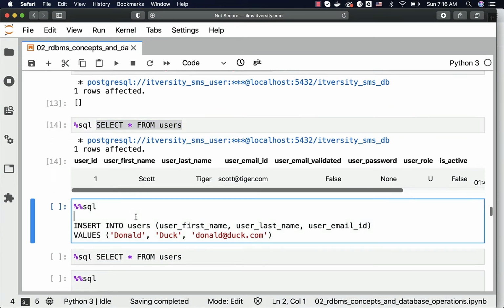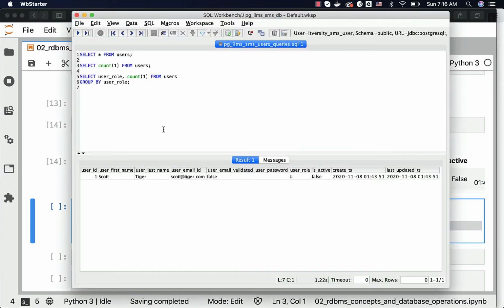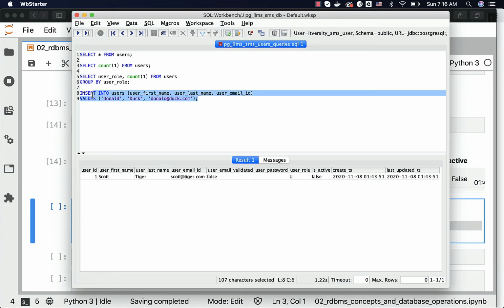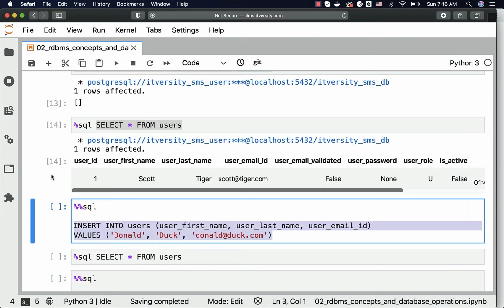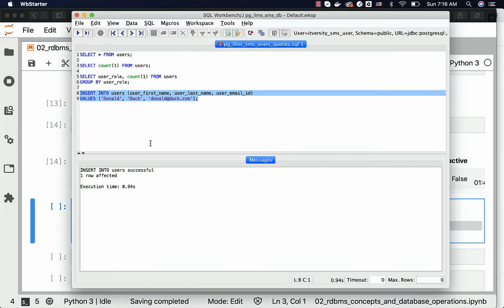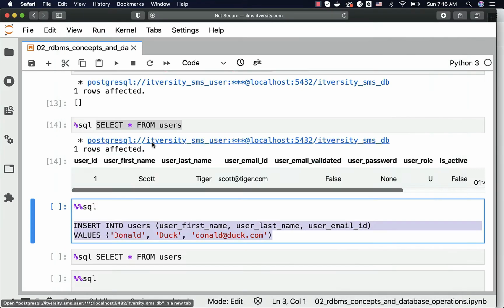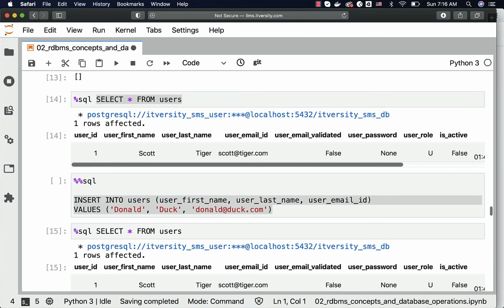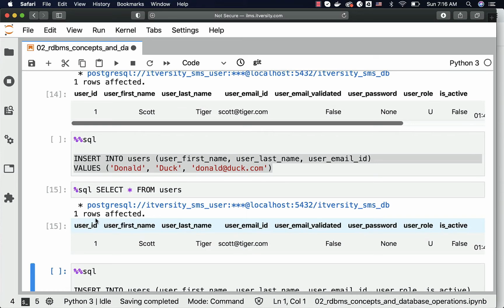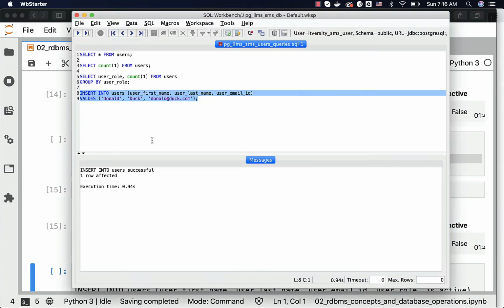Now you can insert one more record here. If you want to insert using SQL Workbench, you can copy this, paste it here, and then you can actually select this one and run this. It will take care of inserting one record. Based upon whether we have configured commit to be default while creating this profile, it will either commit the data or it might not commit. We can validate by running this query here. Let's see if it is committed or not. By running this query, select star from users from Jupyter Hub environment, you see it is only seeing one record, which means it is not committed automatically when we run this.